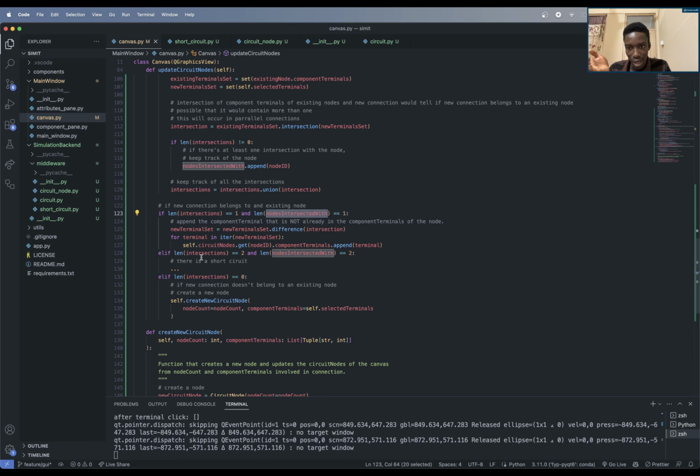If this is 2, this can either be 2, or it can be 1. But if it is 2, 2, then it means that there is a short circuit,